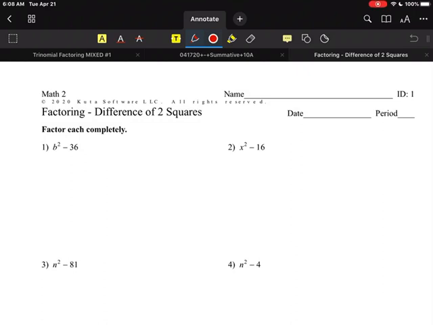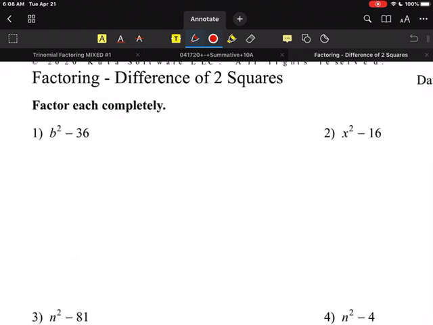All right, this factoring is all about something called difference of two squares, okay? It's the same concept as the other factoring. It's just there's something a little different. So I don't know if you remember, but if we had a problem like this,